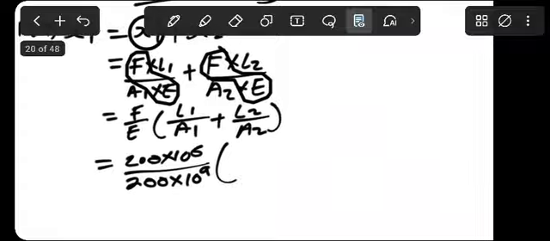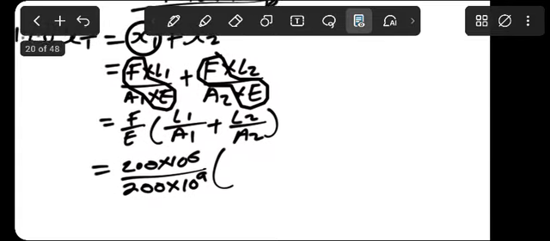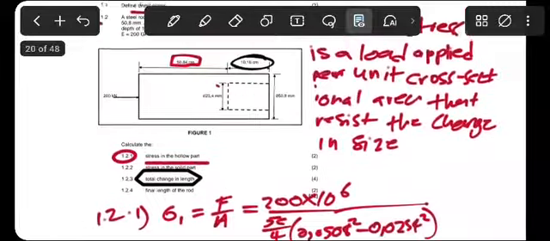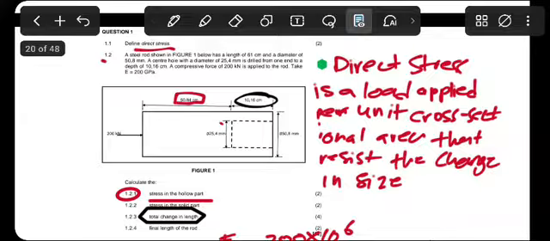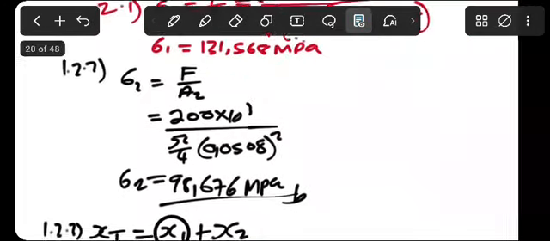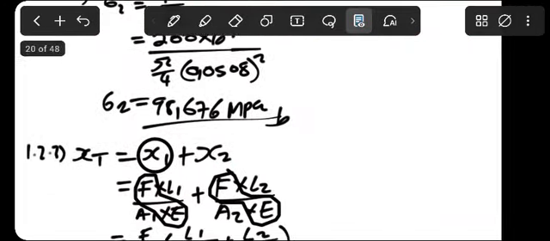That is our length there. If you take the calculator, you will have what there will be